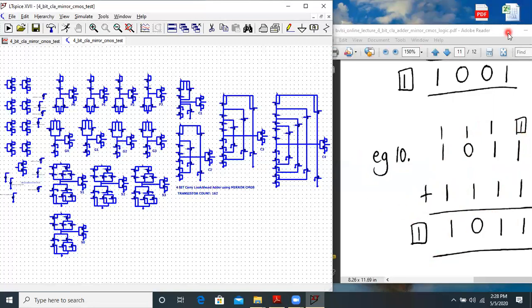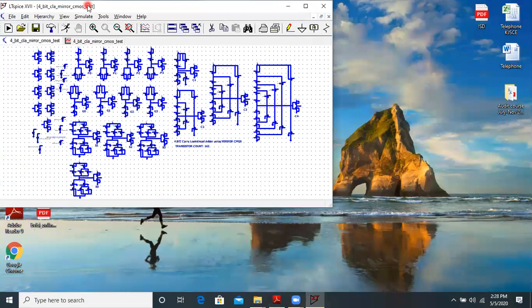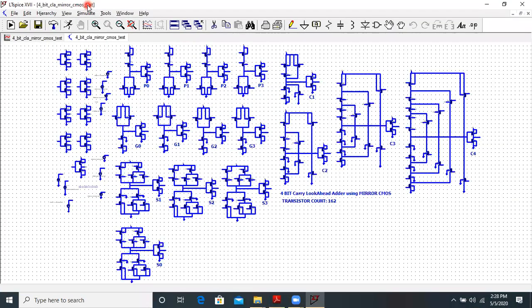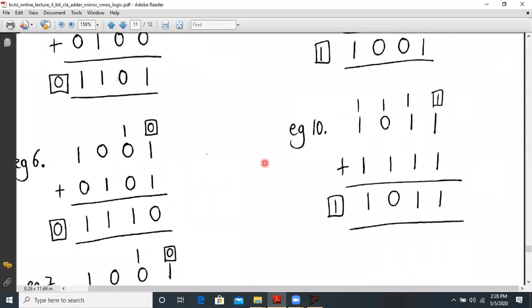So congratulations, we have successfully verified the 4-bit CLA adder using mirror CMOS logic, and we were successful enough to verify the 10 cases for addition of two 4-bit binary numbers. So it's quite an achievement.